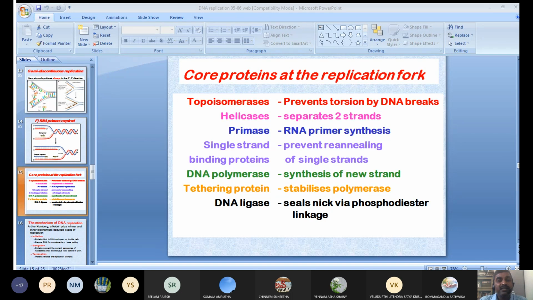Then DNA polymerases are the important enzymes. They are involved in the synthesis of new strands. They are very specific and responsible for synthesis of new strands. How do they synthesize the new strands? By the polymerization process, they recognize the 3' OH group and add another nucleotide, and likewise they continue to polymerize the DNA nucleotides. Then the next is